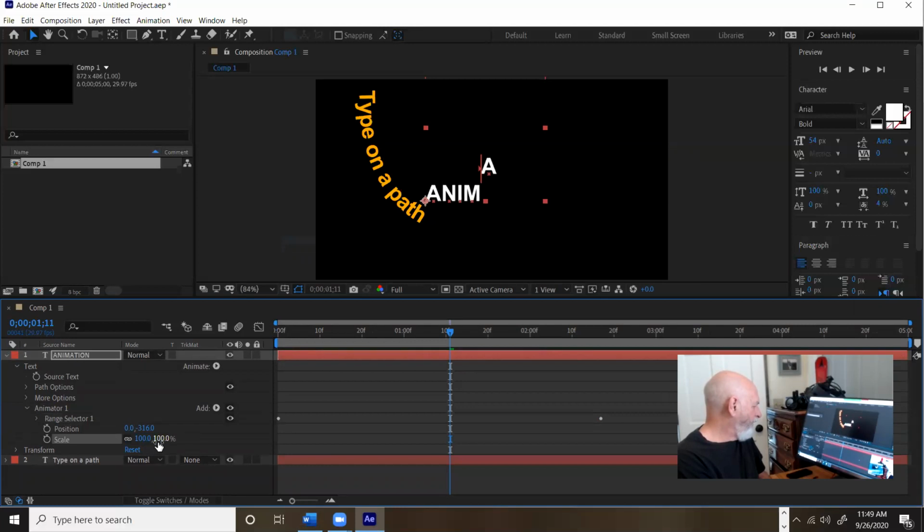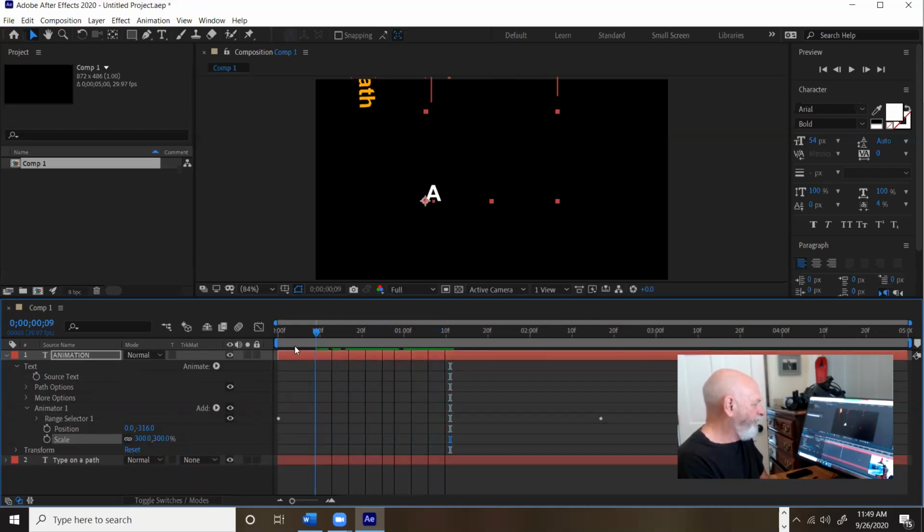And let's scale the type up to like 300%, say. When you're in scale, the X and Y are locked together. So if I just put 300 for one of them, the other one should change also. 300, 300. Okay, so now you'll see when it's inside the range selector, which is also off the screen, it's at 300%